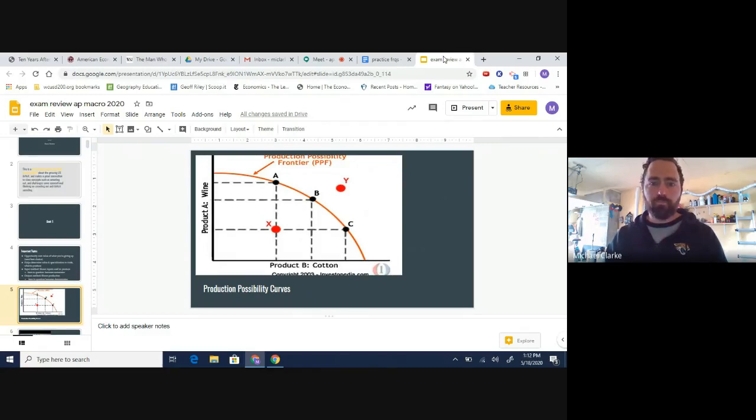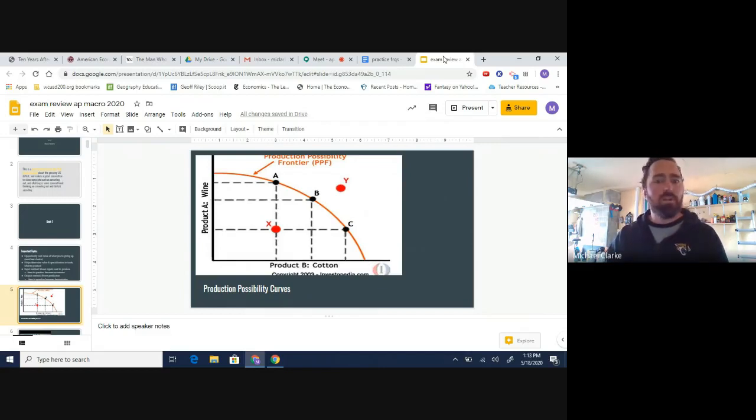So in this case, this country can produce either wine or cotton, and it shows some production points on the graph. Production point X on the graph is an economy that's being considered inefficient. So given their factors of production like land, labor, and capital, this economy is only producing at point X when really it's capable of producing at point A, B, or C. So that means that the economy is mismanaging its capital, its human or physical capital, or it's not using its land efficiently, or mismanaging its use of labor.